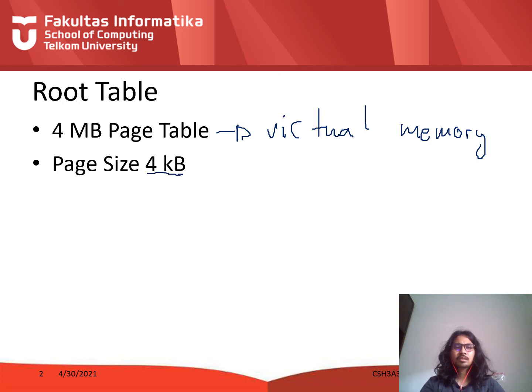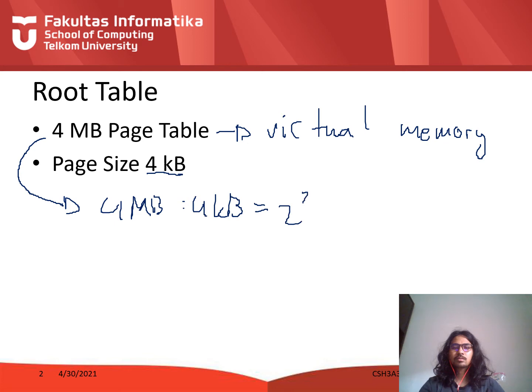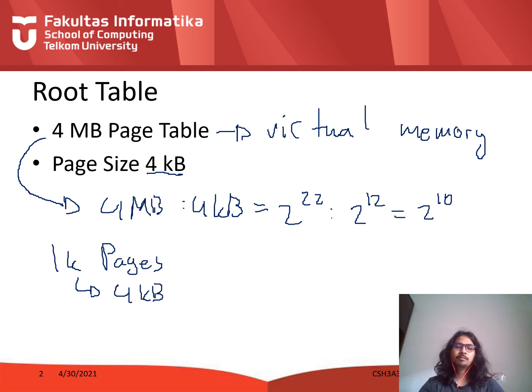So how many pages are there in this page table? There are 4 megabytes divided by 4 kilobytes, which equals 2 power 22 divided by 2 power 12, which equals 2 power 10. So there are 1 kilo pages. And if there are 1 kilo pages and each PTE is 4 bytes, it means that there are 4 kilobytes of a new table,